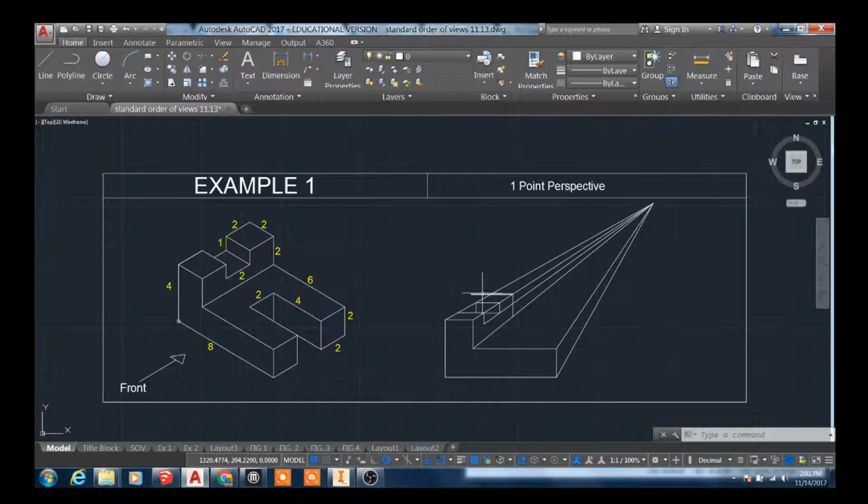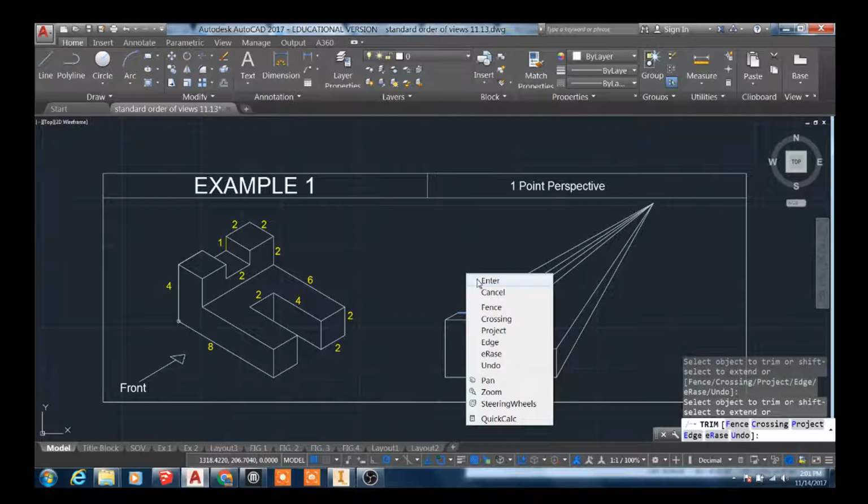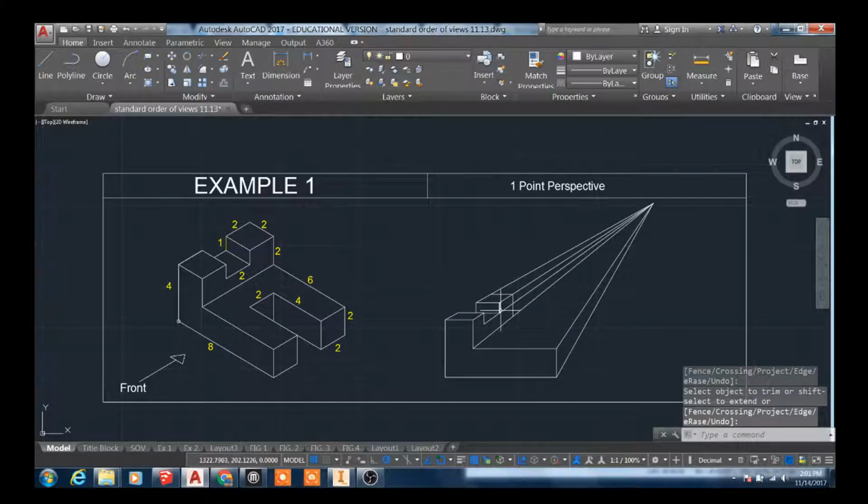So next I'm just going to modify by trimming some of these lines. I can trim this line here between these two, so go to the trim command, get rid of that line. I can do the same over here. I'll select these two edges so that I can terminate that center line, so trim, just select here. See how that's starting to develop. Click on that edge, and I'm actually going to trim that whole line away. So now you can see that